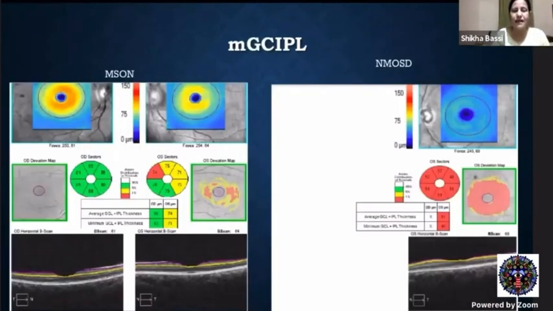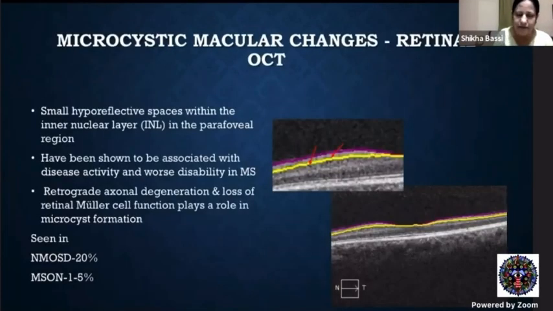Now, for the same patients of MS optic neuritis and NMOSD, we look at the macular GC-IPL. Here we see, I said that in the acute phase, nothing happened. It takes 2 weeks for anything to happen in this area. So this thickness is absolutely normal. Whereas the other eye, which showed a subtle finding in the temporal quadrant of RNFL thinning, here you can see a significant loss in the GC-IPL analysis. Similarly, in NMO spectrum disorder, there is a complete thinning of the GCC, which is again characteristic of NMO disorder.